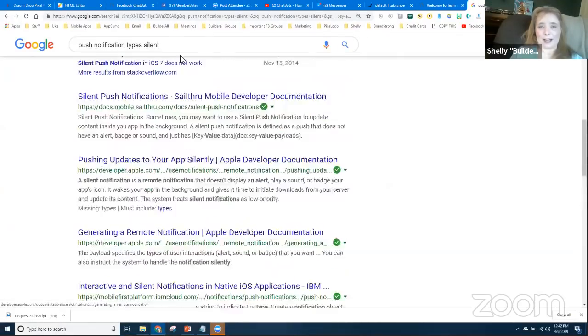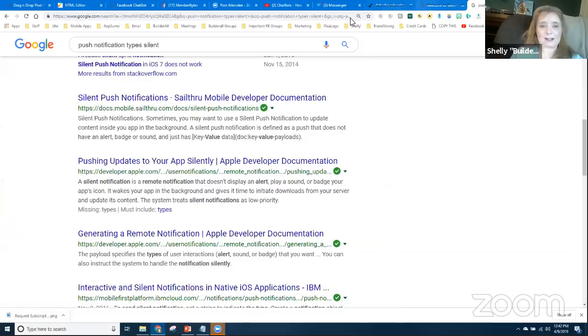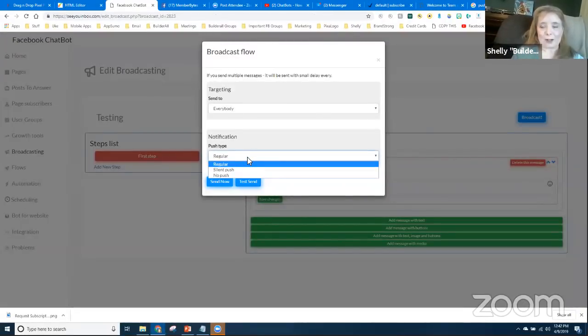I will have to find that for you guys and put it in. But I mean, there are things. The difference between them is regular push is when they get a message instantly and it pops up. I think the silent is when it pushes, but there's no pop up. And then the no push is when it just appears in their notifications, but it doesn't give them any indication that they actually got a new message. There's like 3 different ways. I will make sure that those are in the resources so that you guys can see them. But each push is a little bit different.